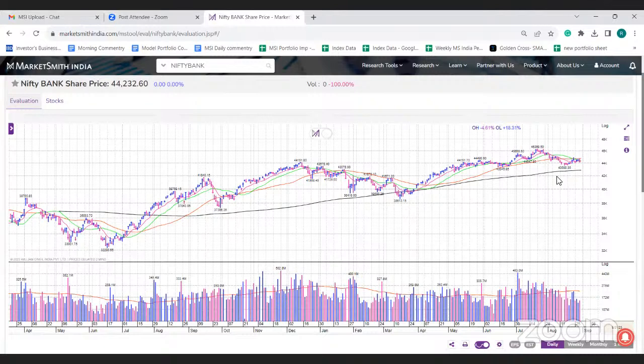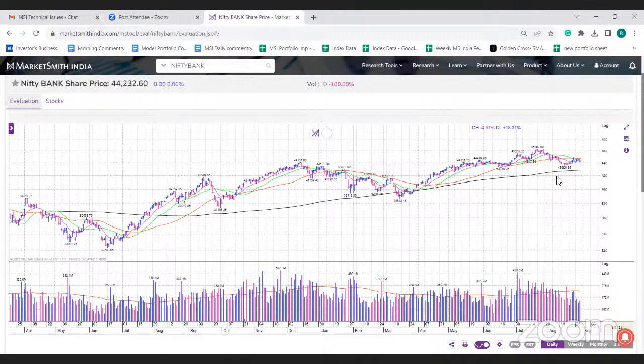Just a disclaimer, I'm not discussing levels or stocks for any investment purpose. It's just for educational purposes only. So if you broadly look, the HDFC Bank, the Kotak, these guys are putting pressure on the Bank Nifty, also SBI. On the flip side, you have some PSU banks that are outperforming the market, especially the small cap stock PSU banks. They have been doing really, really well. So among the banking also, there have been two groups.